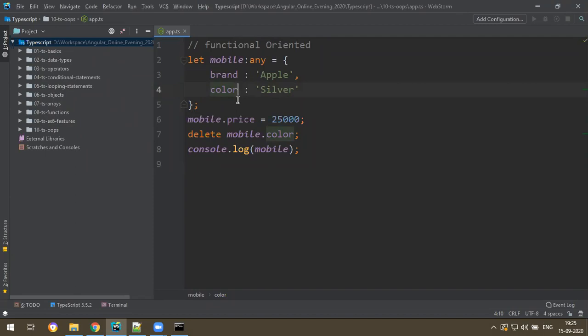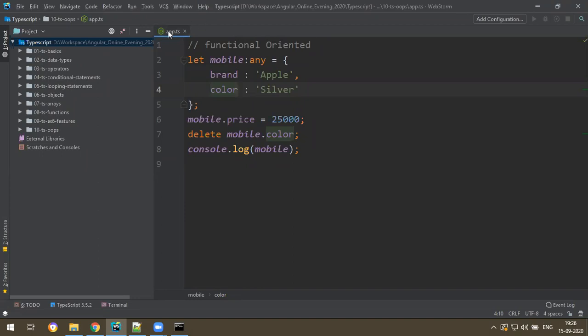Also there are certain rules in object oriented programming: once an object is created based on a certain design, you cannot add a new property, you cannot remove an existing property. You must create an object with the same properties, same types, and you don't need to remove or add extra. So strict rules and regulations are given to create an object, to define type safety. That's why we will move to object oriented. Let's see how to create exactly the same object with classes.